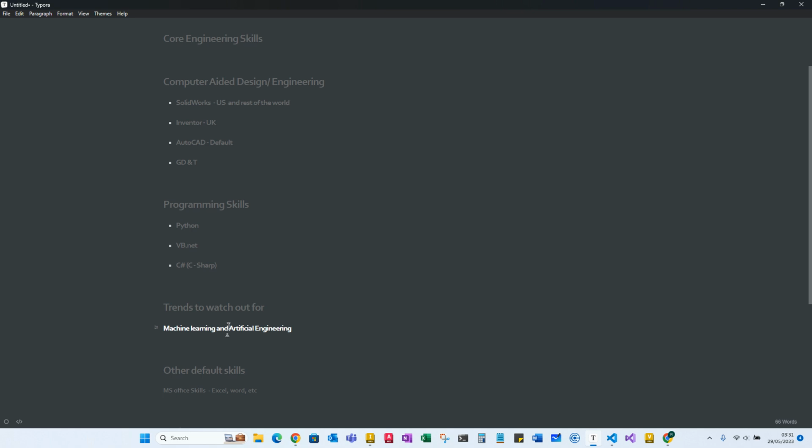It's been called Creo now. So they all are coming with ChatGPT integration as default, especially the new releases. So as you can see, machine learning and artificial intelligence are becoming part of our life. So that'll be a good skill to add on to your CV,